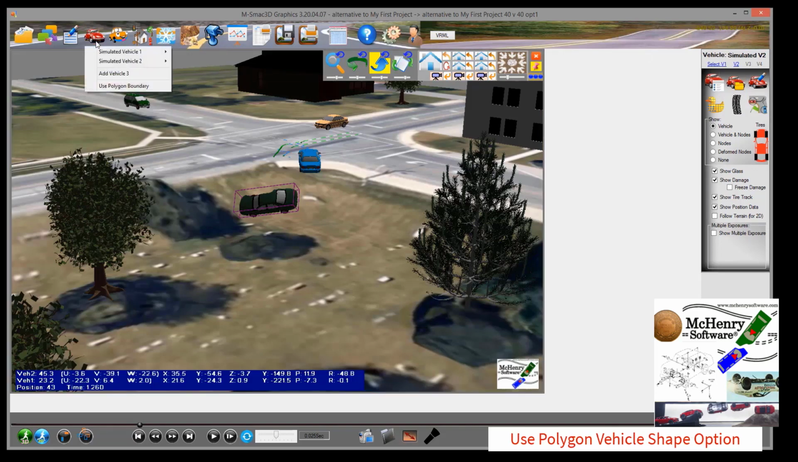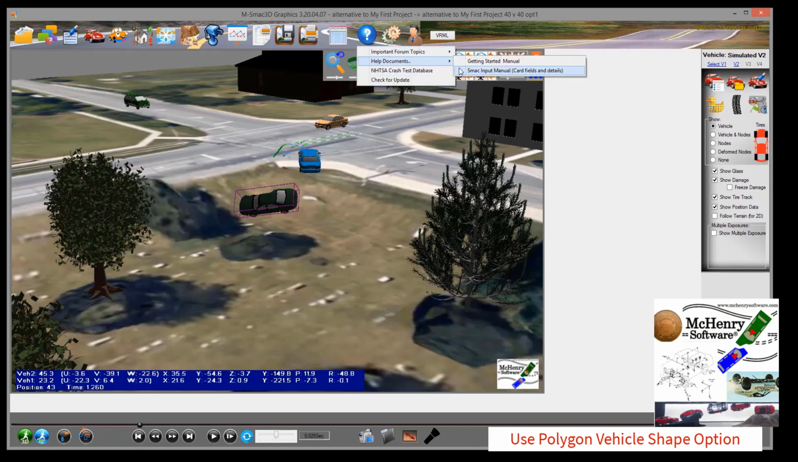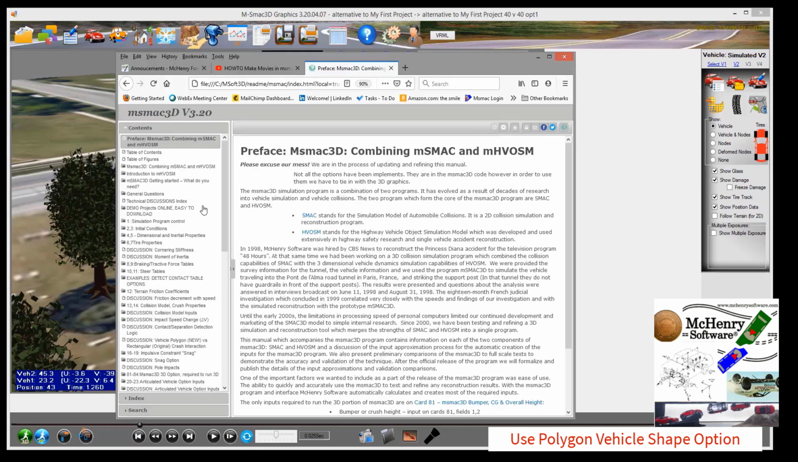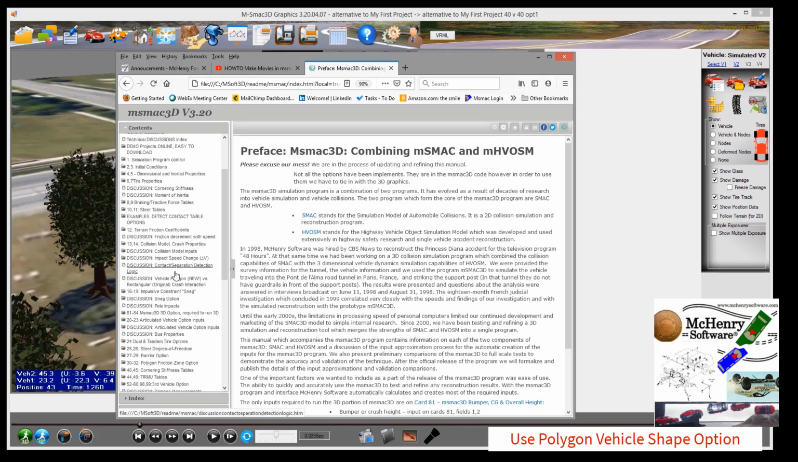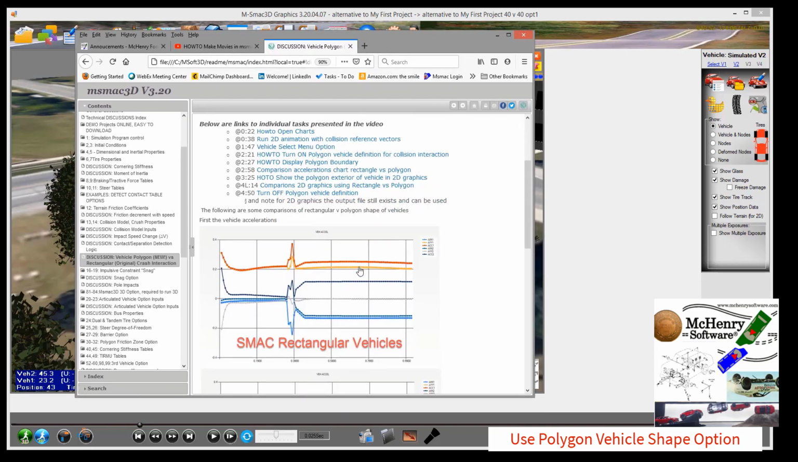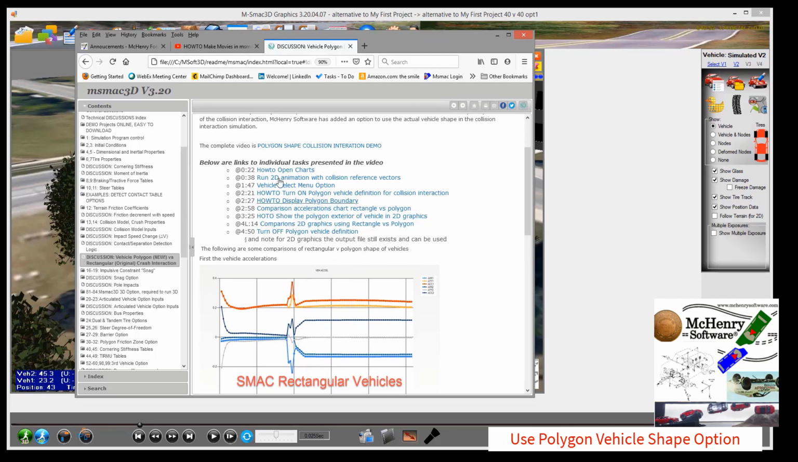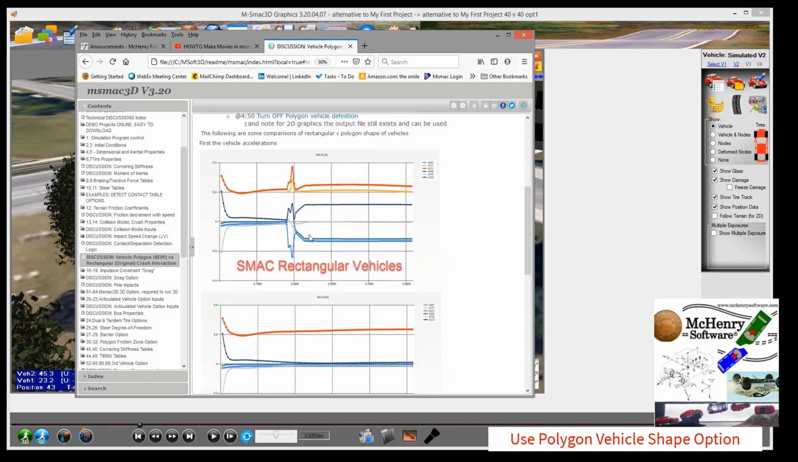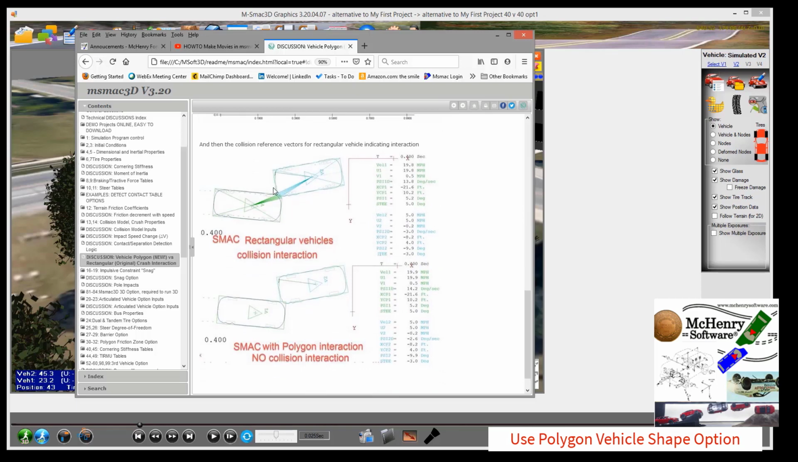One other item we want to point out is to use polygon boundary. I would suggest you go and look at the help documents. You can either go in msmac or in getting started, but let's just go to msmac, because in msmac there's a discussion here about vehicle polygon. It's a new option we have. Original SMAC use rectangles, and that's the default currently. We may be changing it, but here is links to parts of that to show with and without rectangular polygons